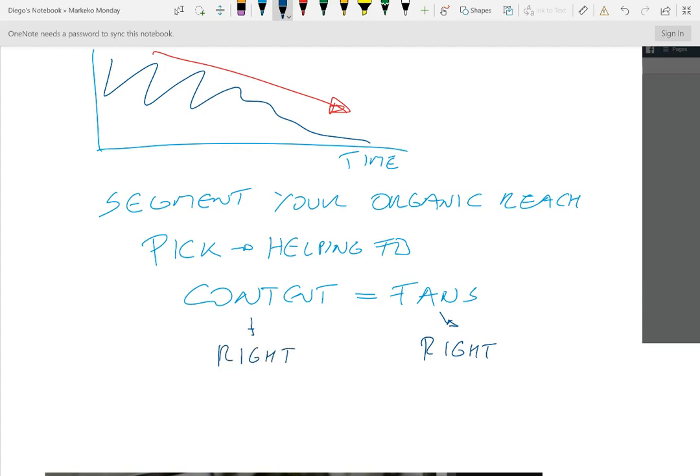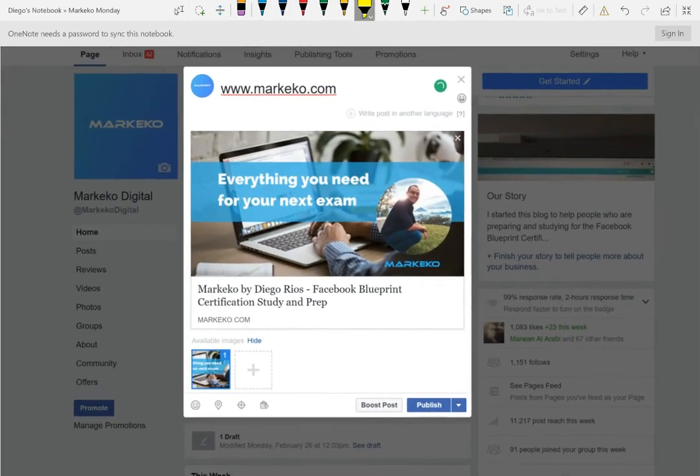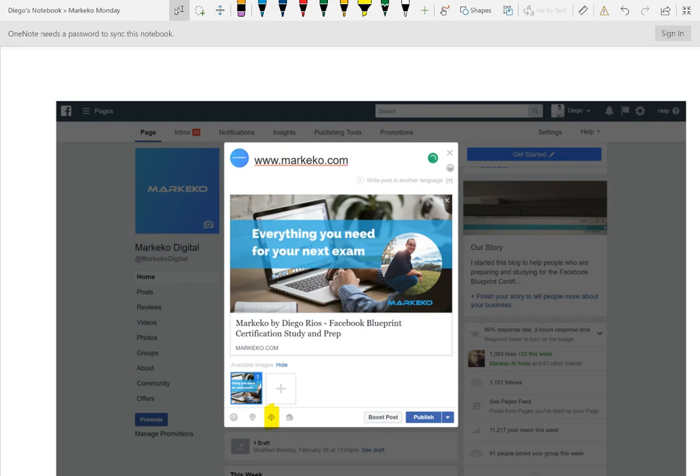Why? Because you might have males, females, people from different countries, different interests. And so what you want to be able to do is really match the right content with the right kind of fans. And so there's a couple of things that you can do here. One is you can use this tool, which is basically just targeting your fans. And so what you're doing here is targeting, or you basically target your fans, right?